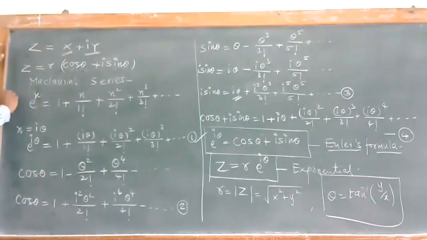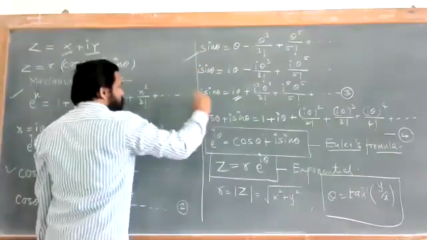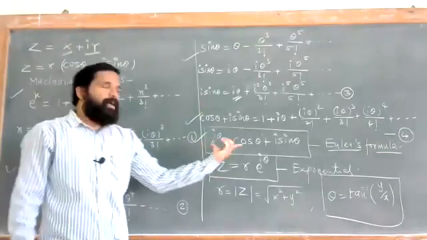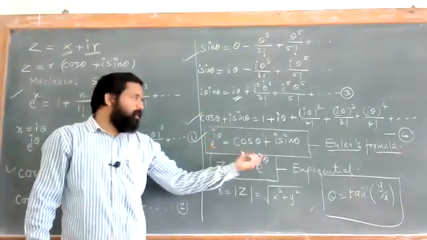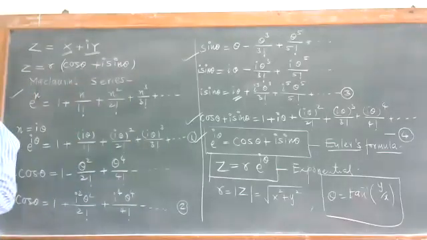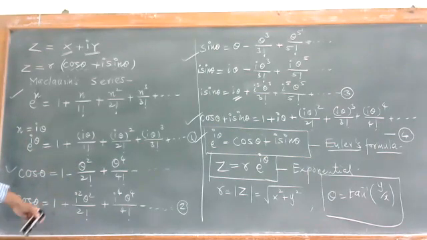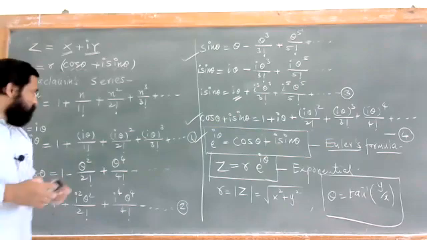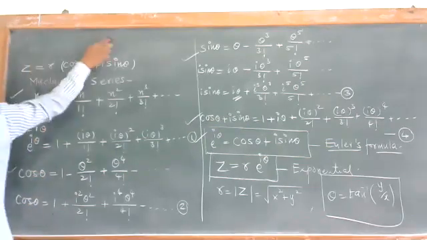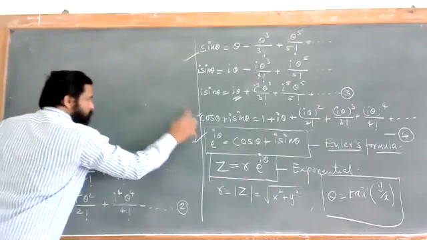Okay, we have used the Maclaurin series. We have used the series for cos of theta and sin of theta. We just add these two conditions and we find this formula, e raised to i theta is equal to cos theta plus i sin of theta. So this is one thing. Now, with respect to this, we have to solve some problems. So I'll just take the problem that we have solved previously and just use that.